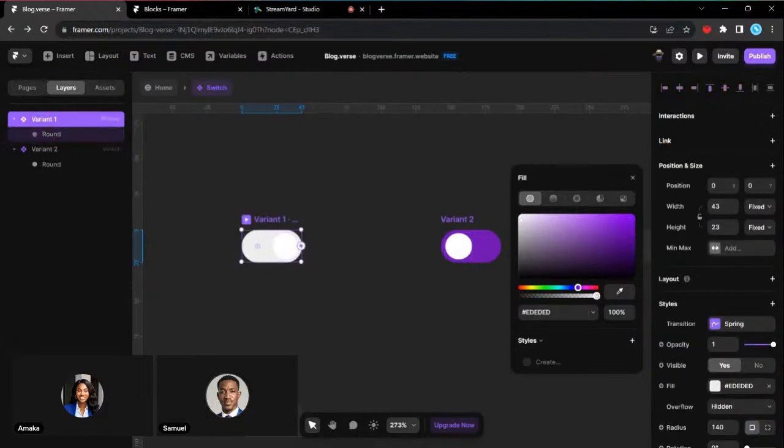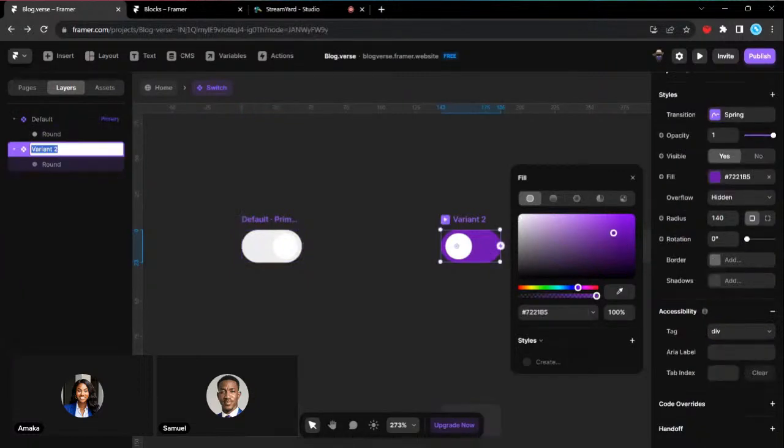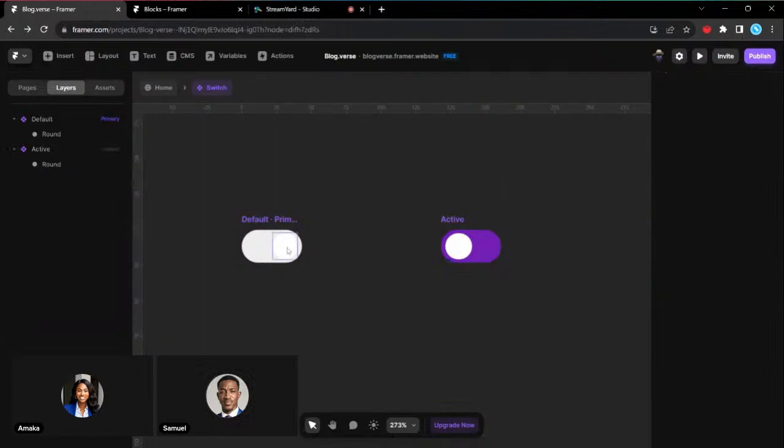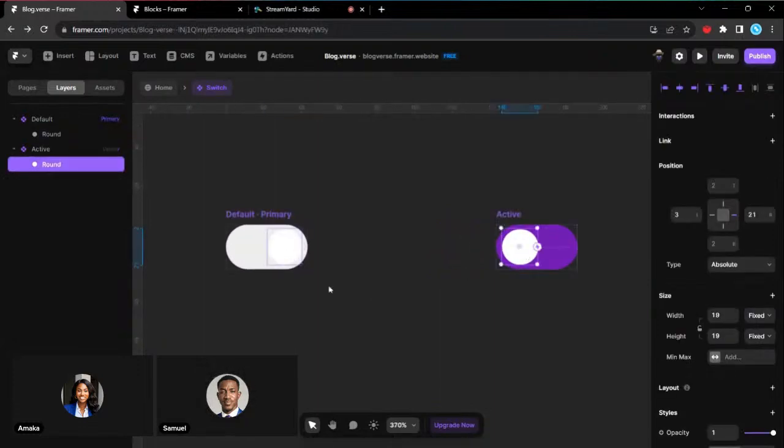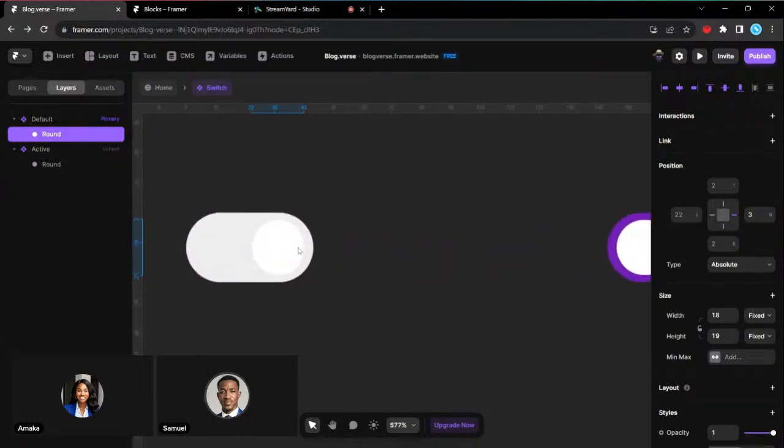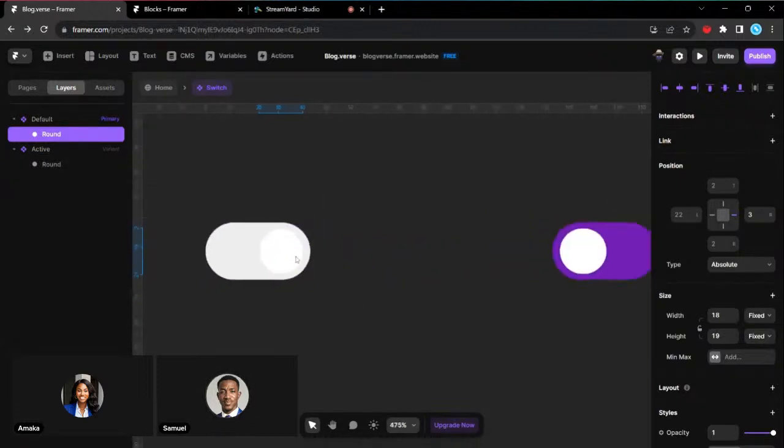So this is default and active. We have the default and the active. So if you click on this, we want the circle to move to the side. So if we click on this, we want it to move back to the side. So when you hover over it, you see this lightning icon. So you click on it, and